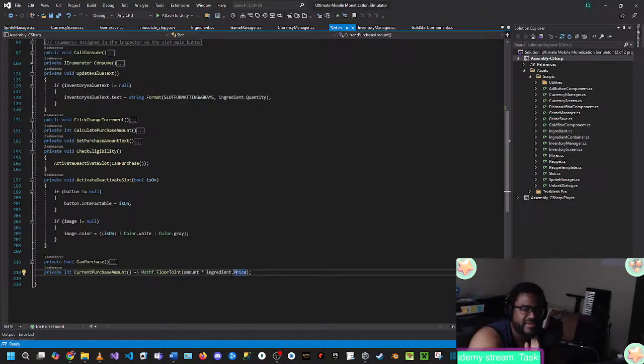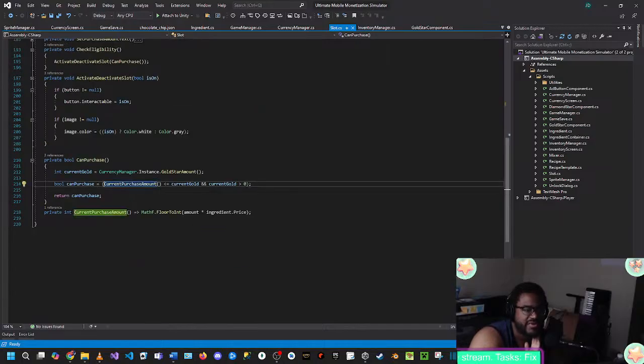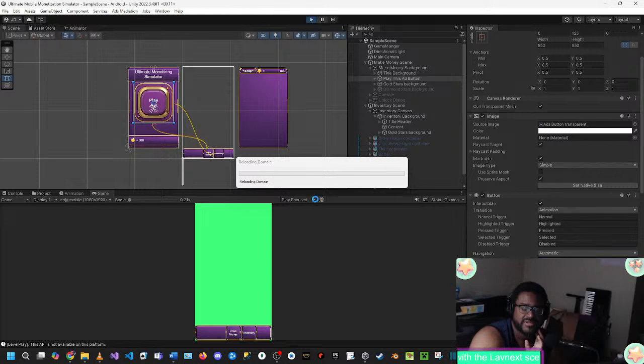But you compare that relative to how much gold you have, right? So you have current gold, that's currency manager instance gold star amount. That's how much we have over there. And if this amount, so the amount that you're about to try and purchase, is less than or equal to the amount of gold you have, and current gold isn't 0, because sometimes when you hit the max button, right? So let's go over there. So when I hit the max button,